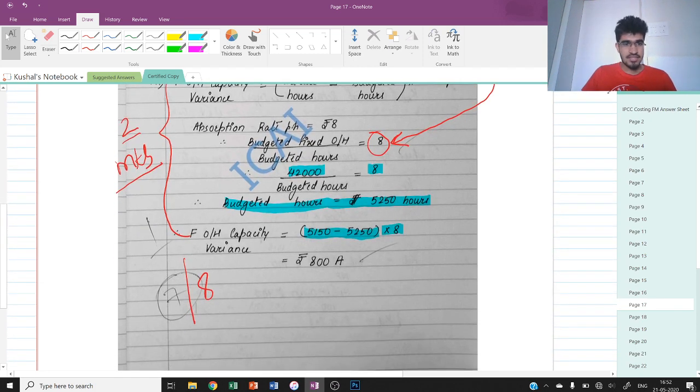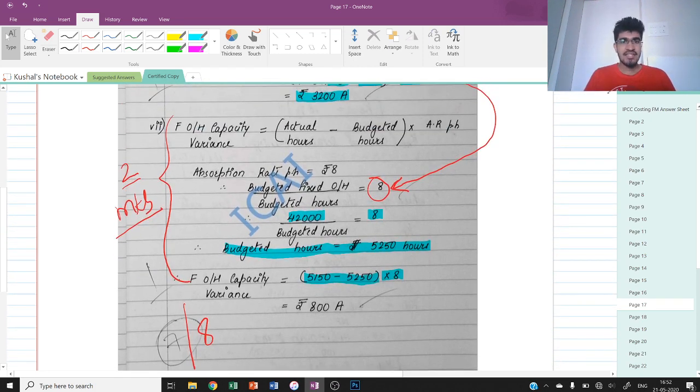Okay, so this is the answer to the standard costing question. But then never mind, I have scored very good in the theory part. I think the examiner was lenient enough to give me all the marks in theory, so I think he has already compensated me over there.